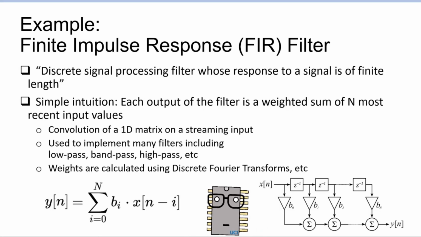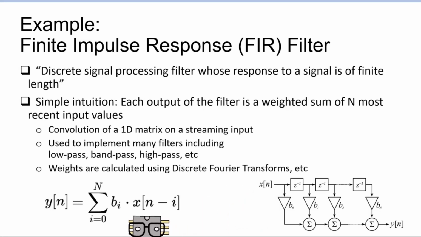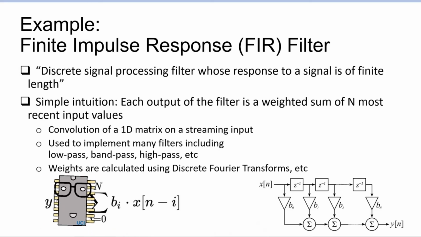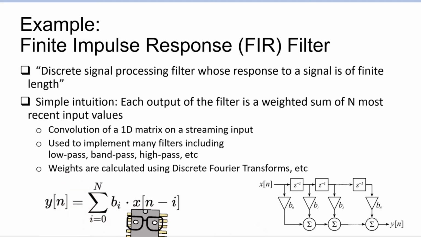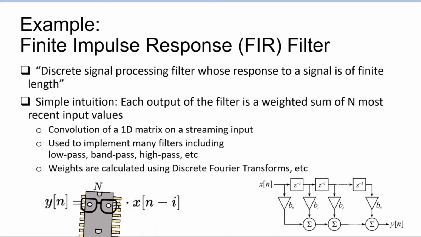So at time point n, the output of the filter will be a sum looping over i equals 0 to large N. Xn is the current time step, Xn minus i, so Xn minus 1, Xn minus 2, Xn minus 3, and so on, up until large N. We're going to multiply each against the weight for each i location,